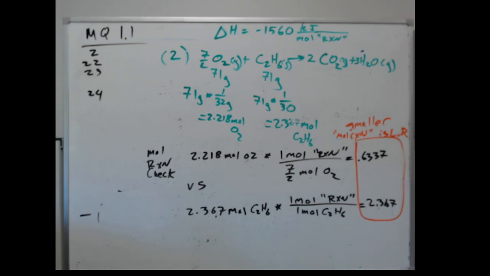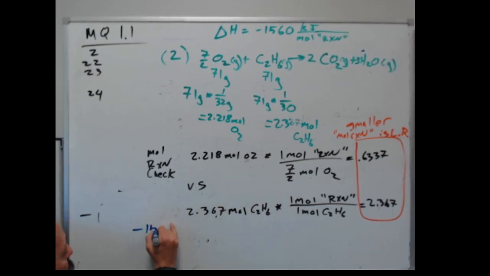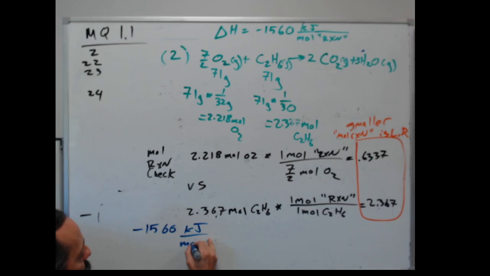If the problem wanted us to continue and calculate the amount of CO2 produced, the amount of H2O produced, there'd be some extra steps, and it would be better if we went back to doing some more calculations. But since it's asking for the delta H, and the delta H is determined by moles reaction, it's just going to be that number. I'll actually show you both ways we could have done it. So we can do negative 1560 kilojoules per mole reaction